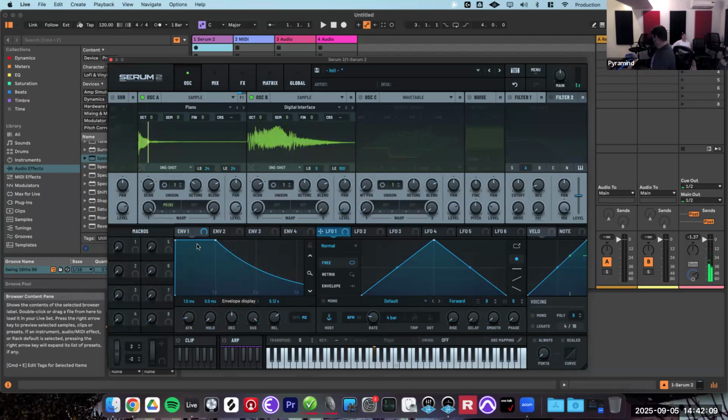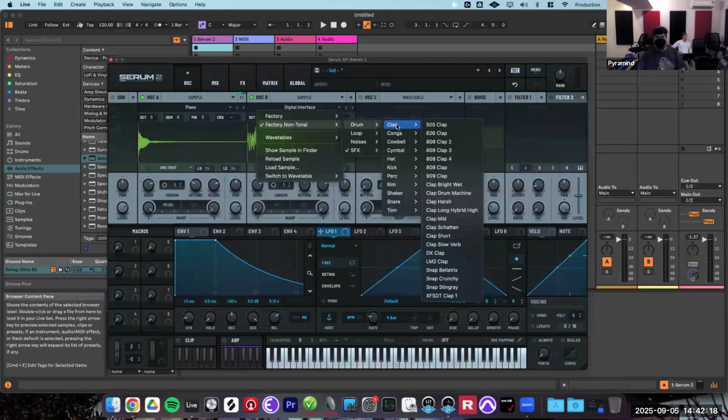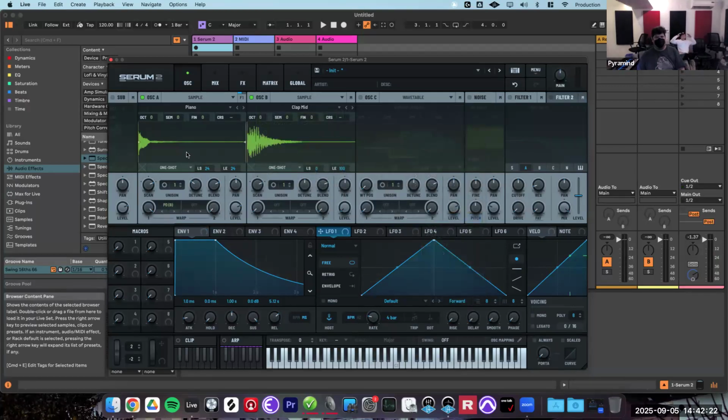It has to play through that whole sample before it gets down to actually being a tonal thing again, right? You change this to something a little bit different, maybe a drum-like thing. Let's get a clap sound or something, right? You hear how